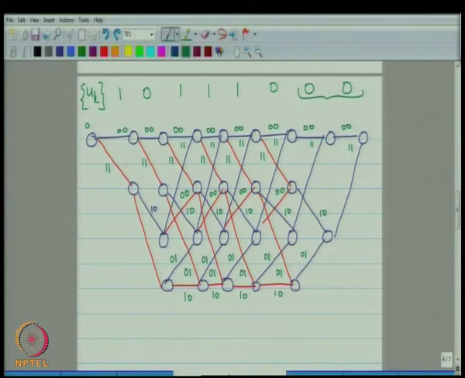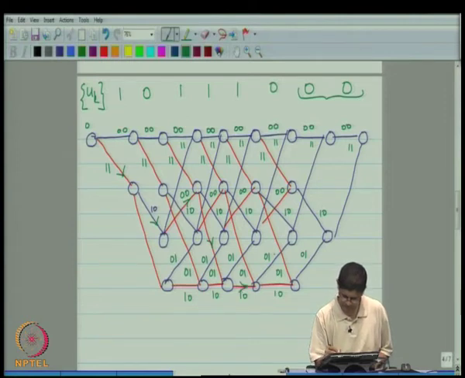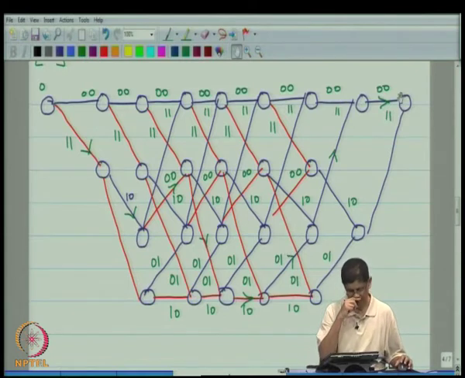So, this was 1, this was the 0, this was the 1, 1. So, that is 2 1s, 3 1s, and now 3 zeros. If you follow the arrows, let me zoom that a little bit, you have 1 0 1 1 1 0 0 0, you actually